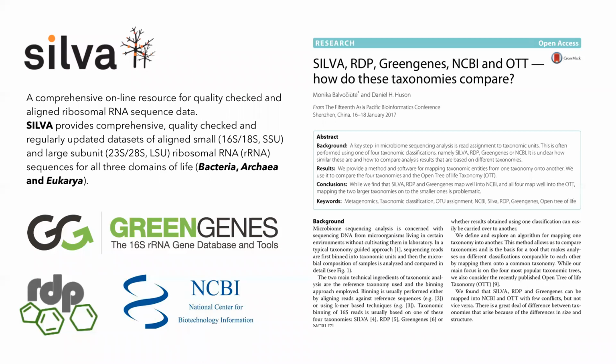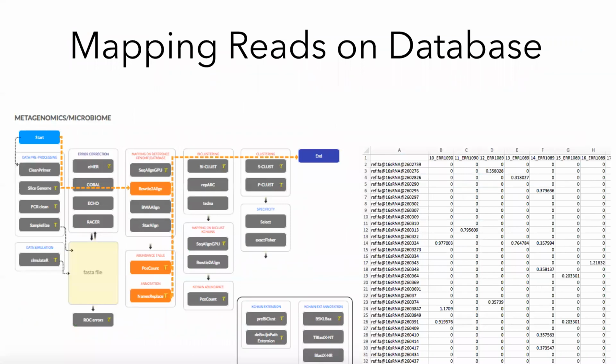We talked particularly about the Silva database, which has a manually managed collection of data, reviewed and validated, about bacteria, archaea, and eukarya. We talked about that last time, and then we even mapped some data from the human gut microbiome project